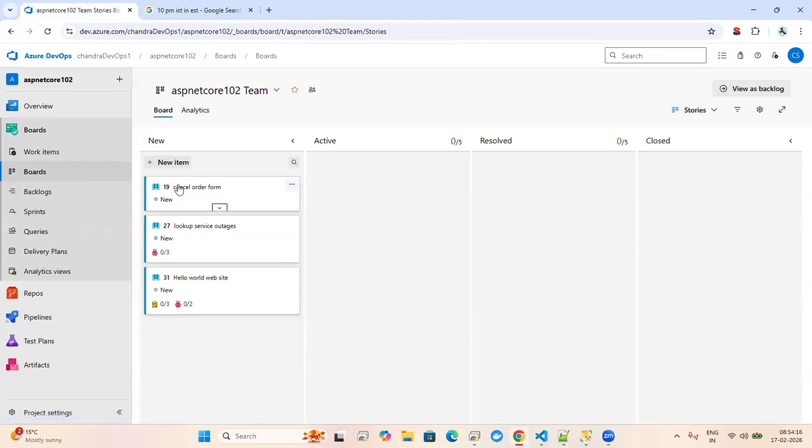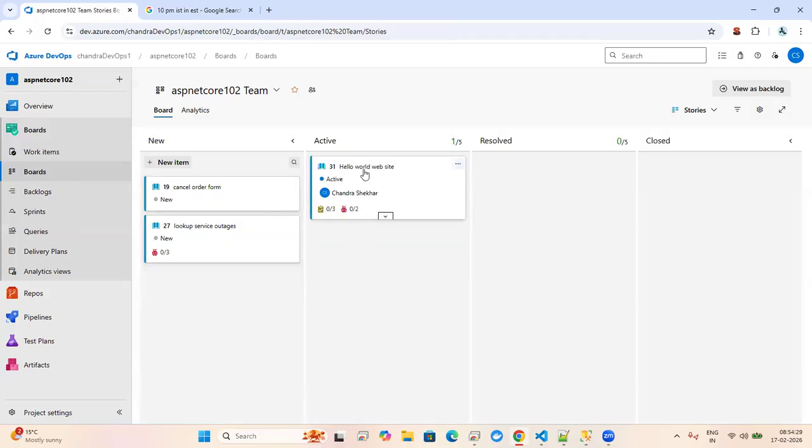I create the task, this is a hello world with website item. Now, if you want to drag and drop, this is an active state. I can show it on this. This is the active state, and this is the new task. Now after that, same things, we can move it to